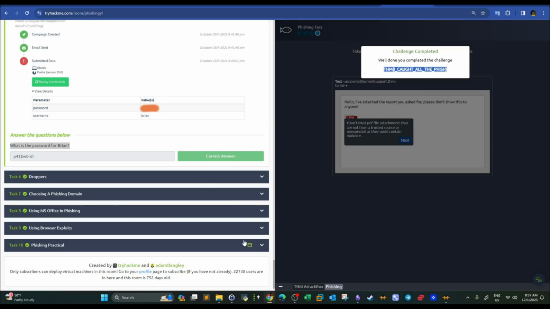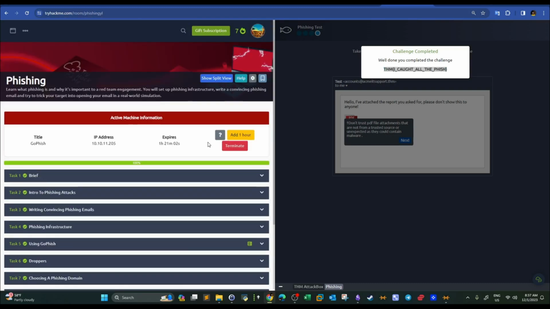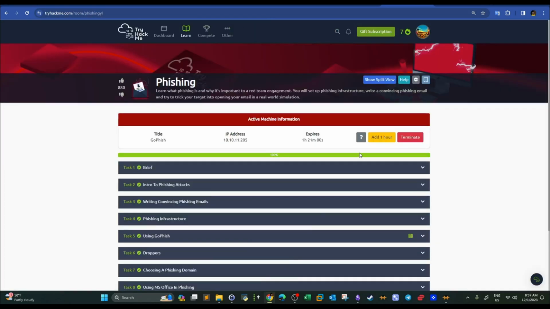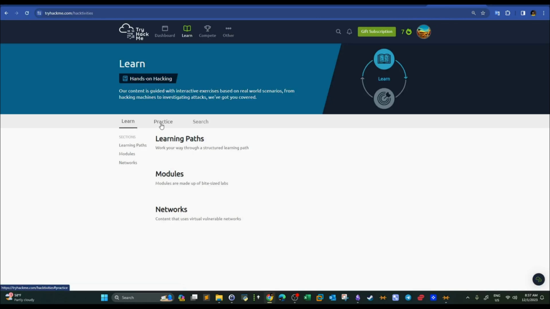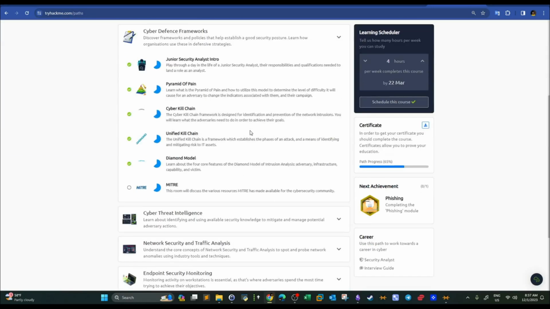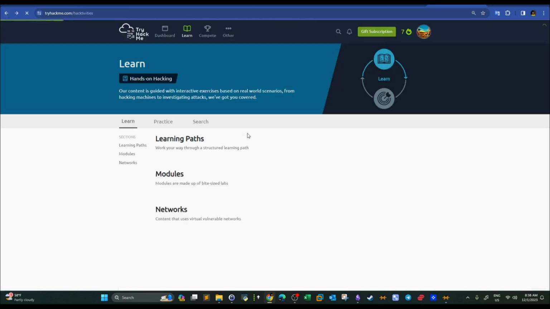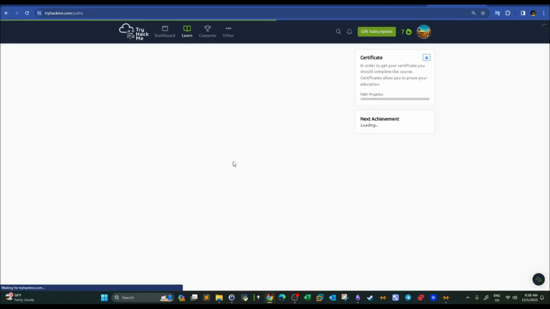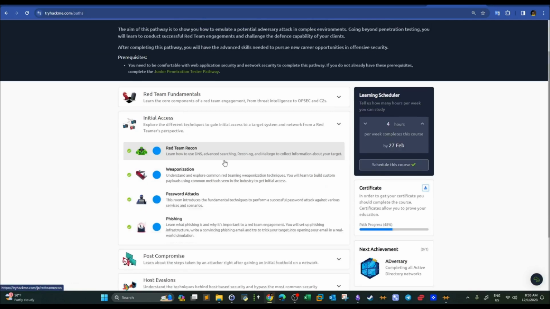Now the rest of the tasks are pretty much straightforward, and we covered them in the board explanation. So that was it, guys. Remember that the phishing room is part of, let me terminate the room here, this room is part of a track. Let me go to learning path. I think SOC Level 1. Yes, it is part of, no, not SOC Level 1. It was part of red teaming. If you're doing the red teaming track, you can also categorize this room as part of phishing.